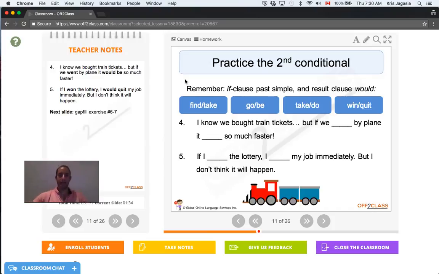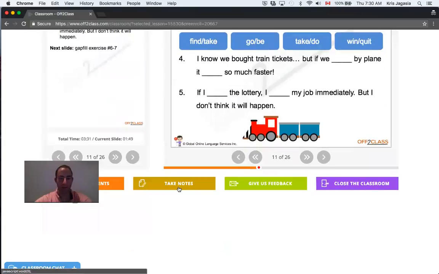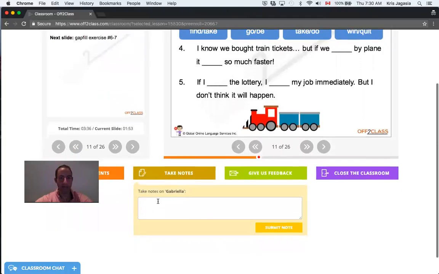Jet's asking if I add any notes about my students, can I be sure the students can see my notes? So down here, we have a yellow button that says take notes. If I press that, this is where I can take notes about my student Gabriella, but